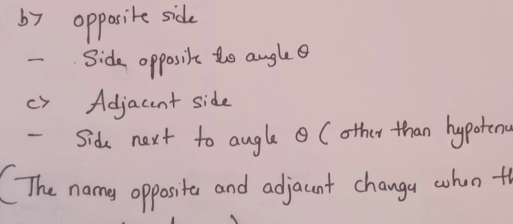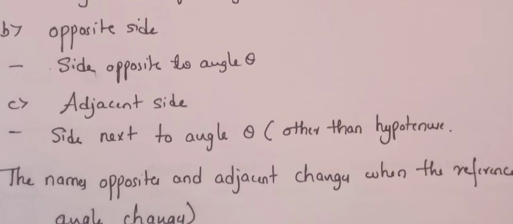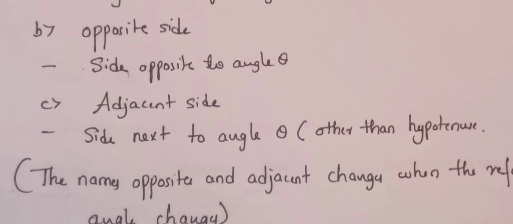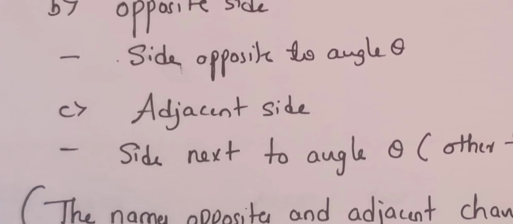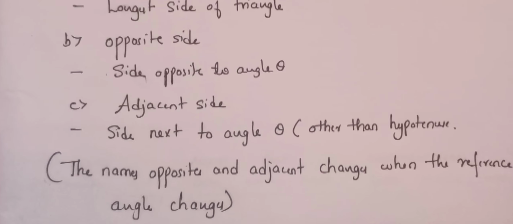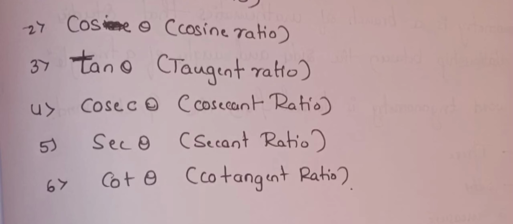The important note here is that the names opposite and adjacent, that is AB and BC, may change when the reference angle changes. I already told you, if theta is given at angle A, then the opposite side will become BC and the adjacent side will become AB, but the hypotenuse will remain the same, that is AC. We'll use the Pythagoras theorem also to find the sides, but before that we have some